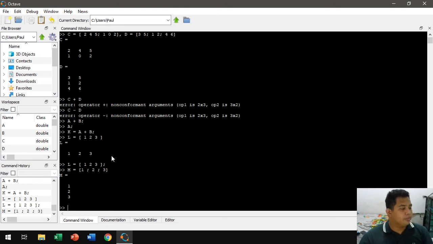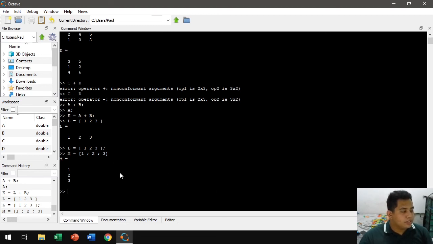So that's our row and column vectors. For matrices, we did matrices earlier, so that's fine.